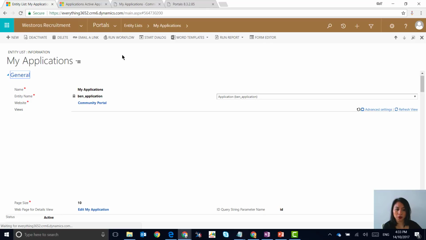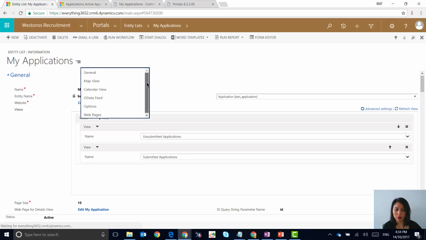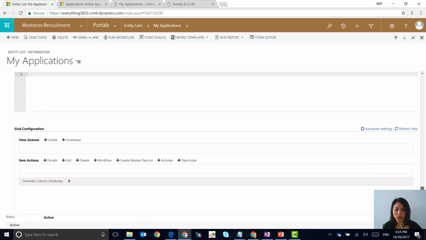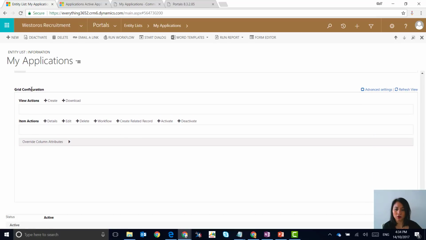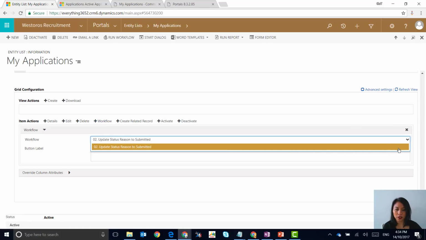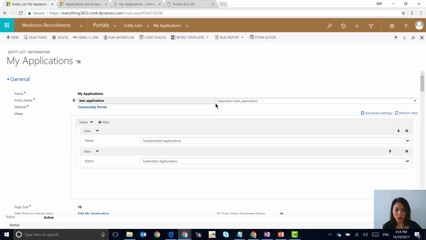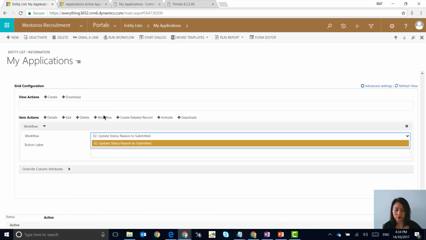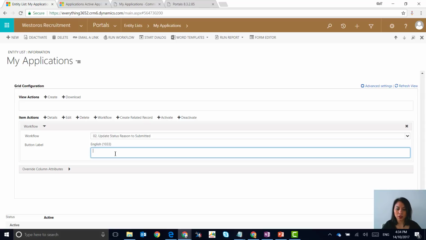I will wait for this to finish loading. Okay, so what I'm going to do is head down to Options. And in the Options tab, there's this area called Grid Configuration, and we'll see that there's an option here called Item Actions. So what I'm going to do is select Workflow. It knows that there's one workflow that is linked to the applications entity, which is the entity that has been selected up here. So this is why it is loading. And I will now give this a button label of Submit Application and simply save